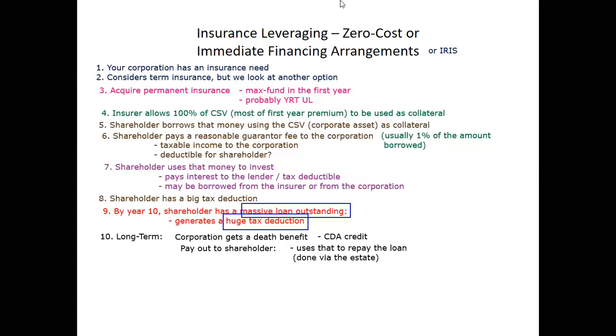And this is where we start to see some of the creative stuff that happens when we get into these big dollar policies. So this person fails underwriting now. And we say, well, whatever, the insurer won't help them. So we're going to go a different route. We're going to go with what's called the captive insurance market.